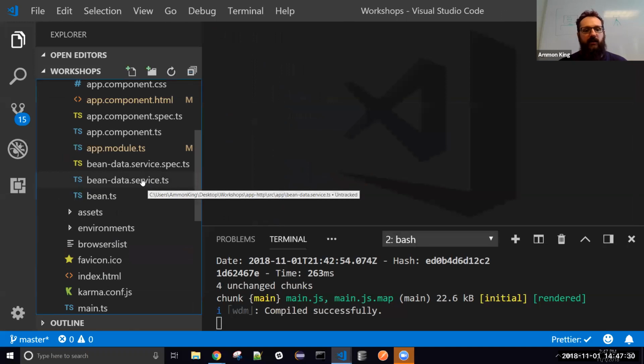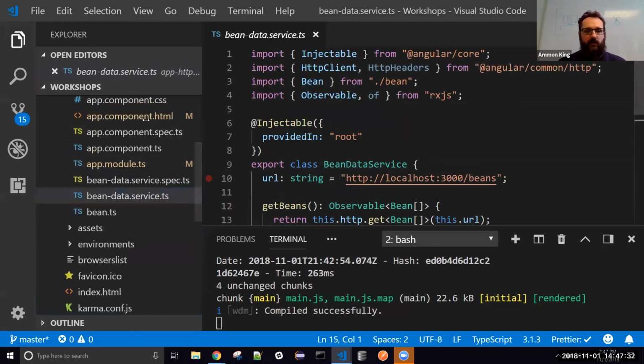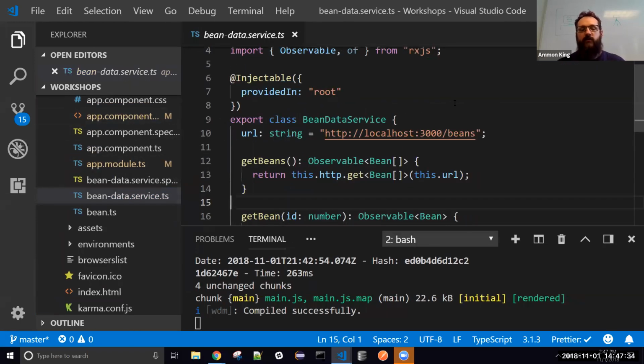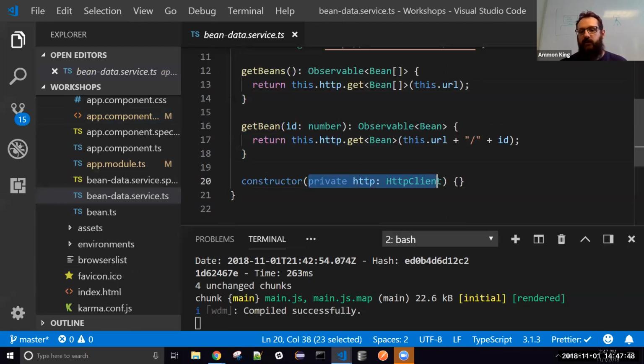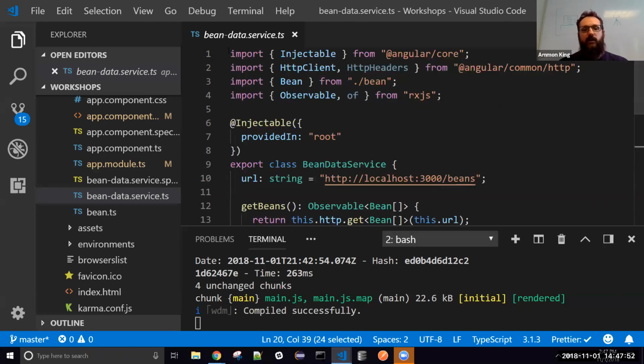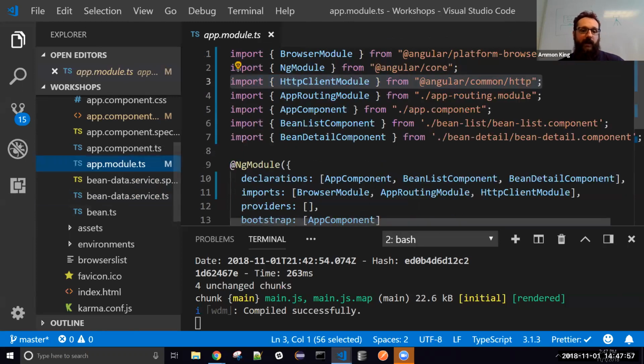The next thing to make is a service. My service. I started out by capturing my URL. This is the URL that JSON server provided me. I make a get method. I have to bring in HTTP client. As soon as I bring in HTTP client, I need to import it. And I also need to bring it into my app module,